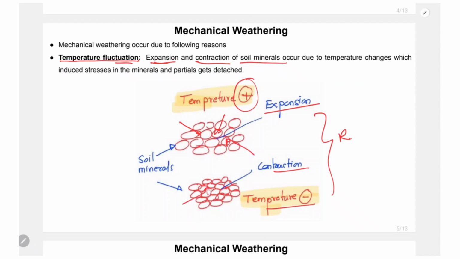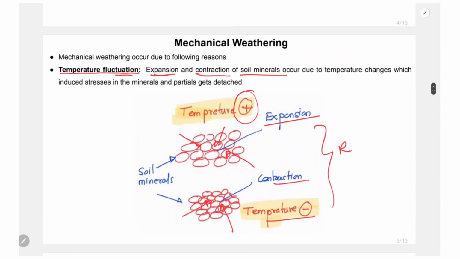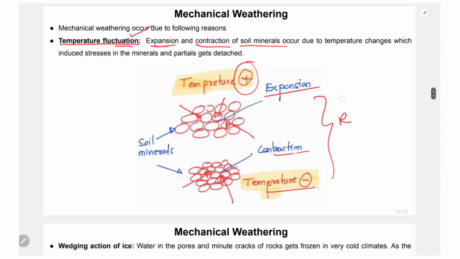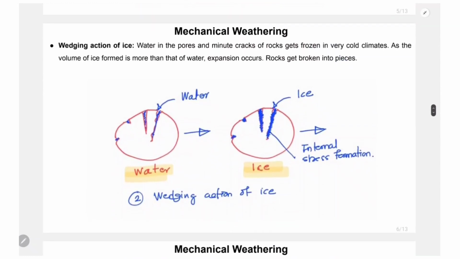Which leads to the disintegration of rock into smaller particles. The first one is temperature fluctuation. The second one is the wedging action of ice. What happens? Generally, the cracks and voids get filled with water during the rainy season, and as the temperature